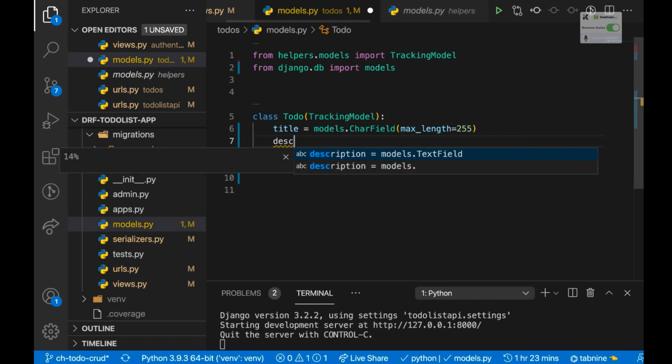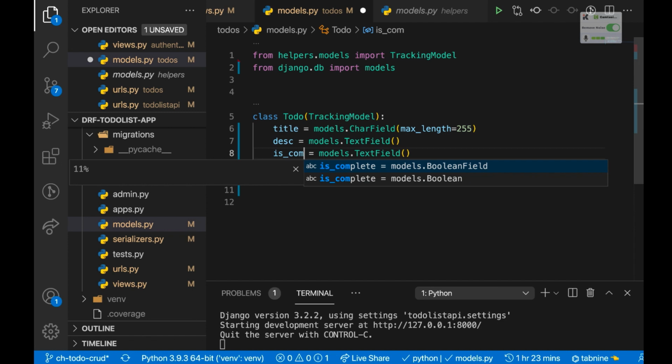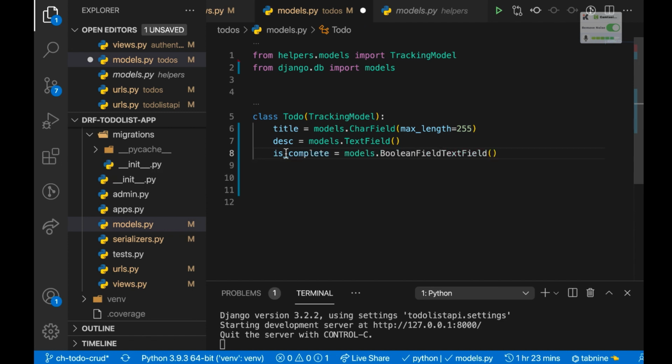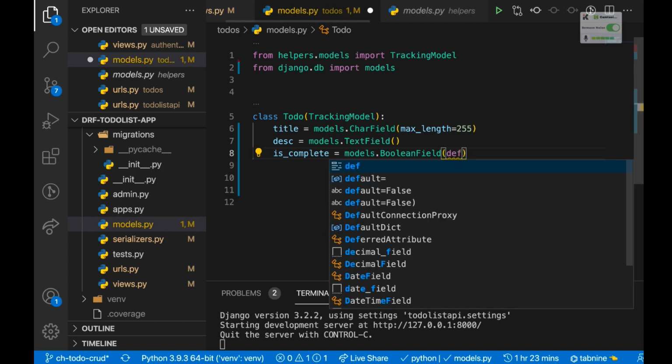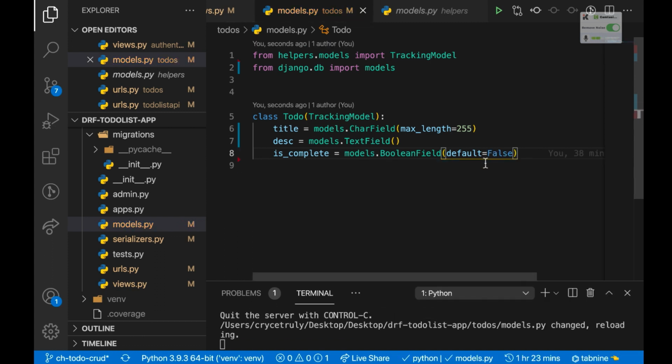So I'm going to say desc. It's going to be a text field. I'm actually going to keep it short. Then the other thing we're going to need is complete. So we're going to have is complete there. It's going to be a Boolean field, not a Boolean text field. So this one is going to be false by default. So we can set a default. So default is going to be false until the user can manually come in and say, okay, this one is